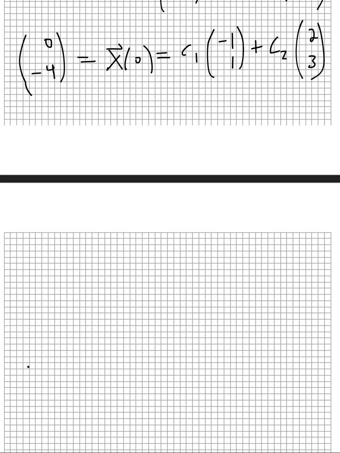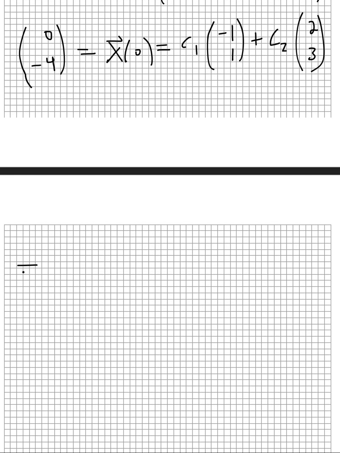With that being said, then we can write this as a system, which becomes -c1 plus 2c2, which equals 0. Then we have c1 plus